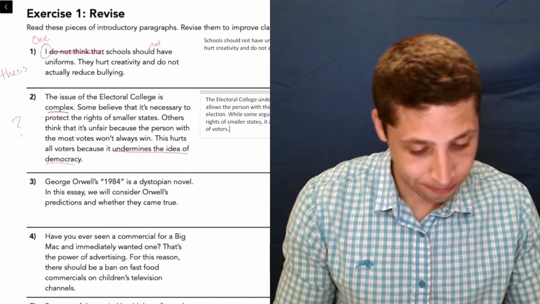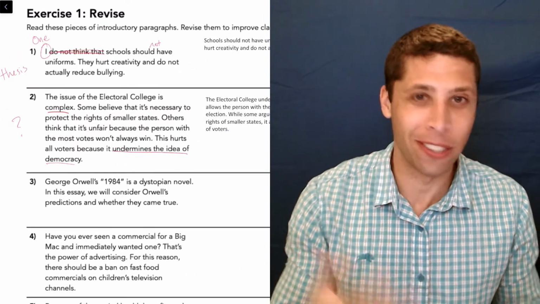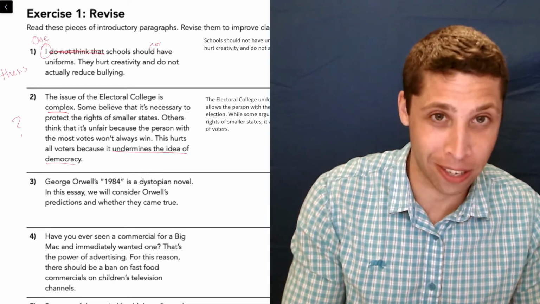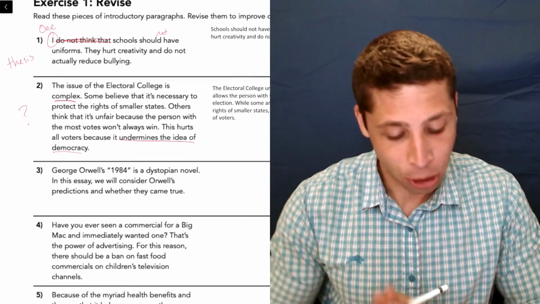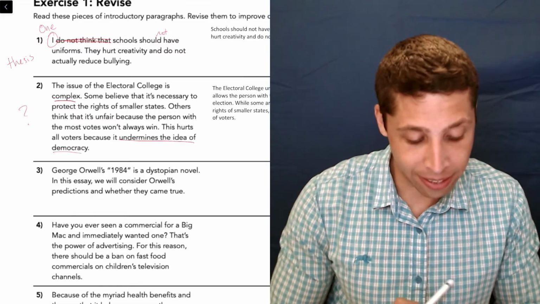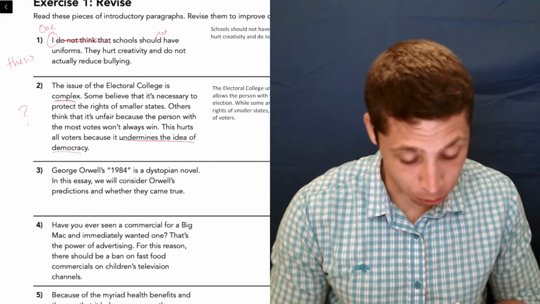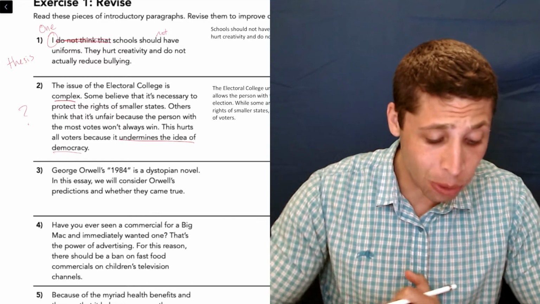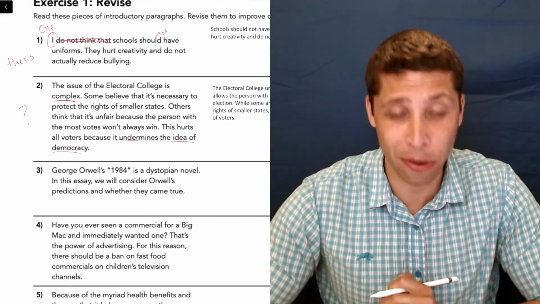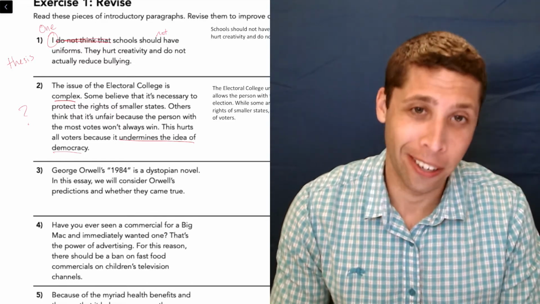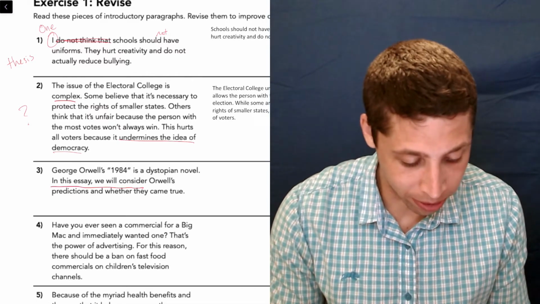Number 3. Oh, I hate when people do this. These are all like my pet peeves, so you might notice that, yeah, these kinds of things make me angry. So George Orwell's 1984 is a dystopian novel, one that many people read in high school. In this essay, we will consider Orwell's predictions and whether they came true. In this essay, we will consider, okay,